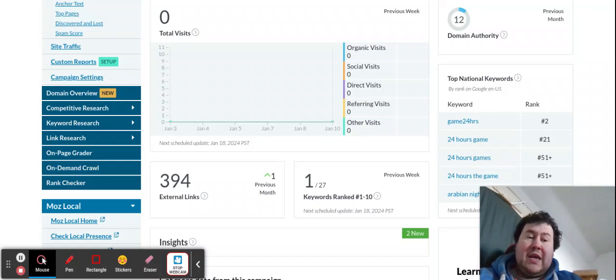So it might be worth getting a couple of quality guest posts. It might be worth getting a few PBNs, or a few profile links, a few forum links, because we're trying to boost the authority of the site to build this EAT value, or EEAT if you want to go that route and call it. We're trying to make the search engines realize this is a real domain authority, an expert, a master, whatever you want to call it in this area. We're trying to show Google that we are the expert, we are the authority in whatever our niche may be.